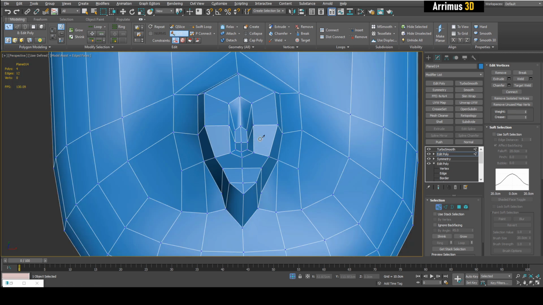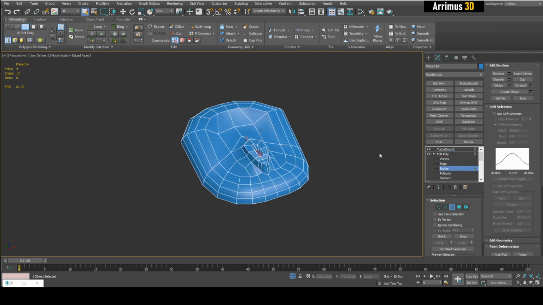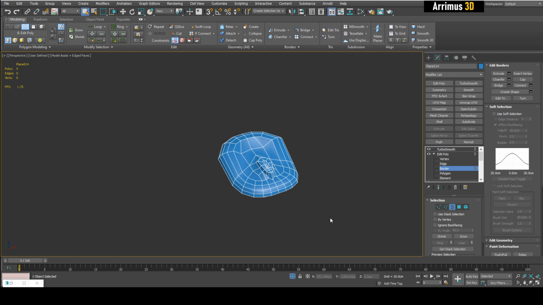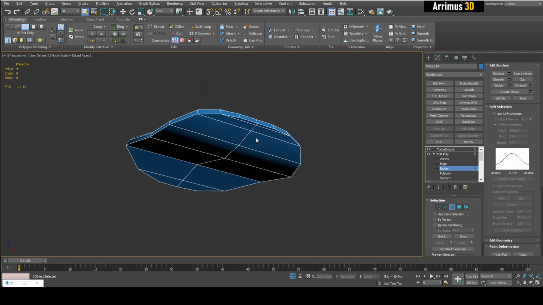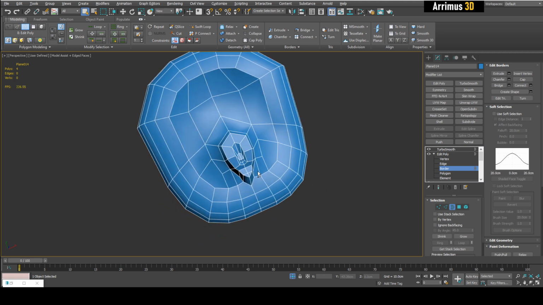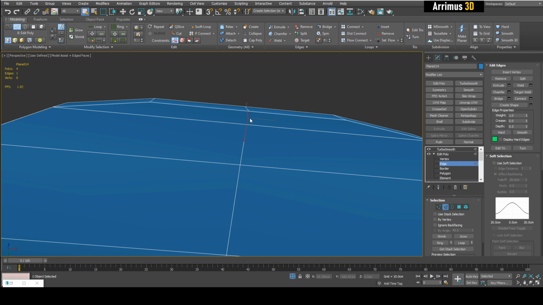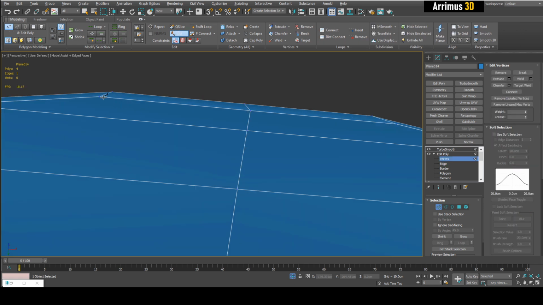All right, to quickly check that this is a volume airtight, you simply go into border, make a selection around your entire mesh. If nothing is selected, that means you have an airtight mesh. So if I didn't want to have volume, this is what I'll do beforehand. And for example, let me just make a cut here